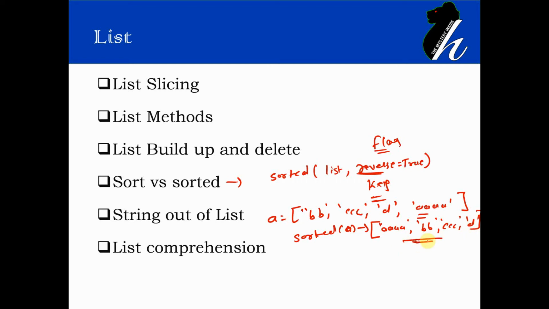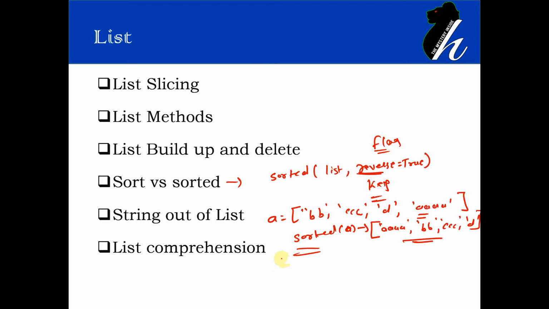Now what if I want to perform sorting not on the basis of alphabet, but using the length of the list element? For example, the element with the shortest length should come first. If I am expecting that sort of output, I would need to write the entire program: iterate through each element, use the length function to identify the length of each element, and compare it with other elements. So I need to write a program of a few lines to achieve the same. But using sorted, we can achieve the same thing in a single line.